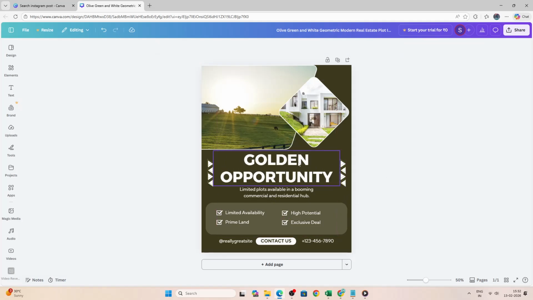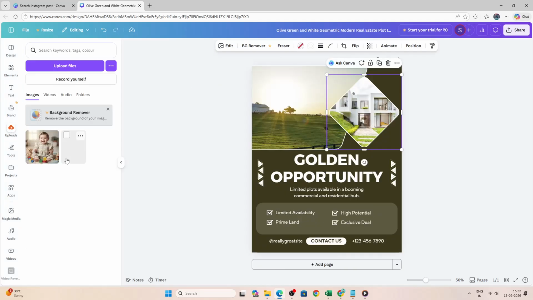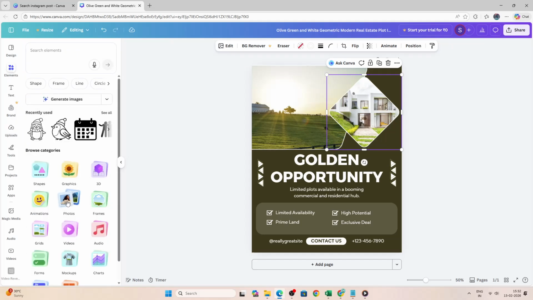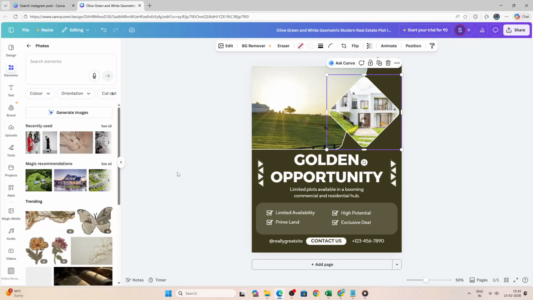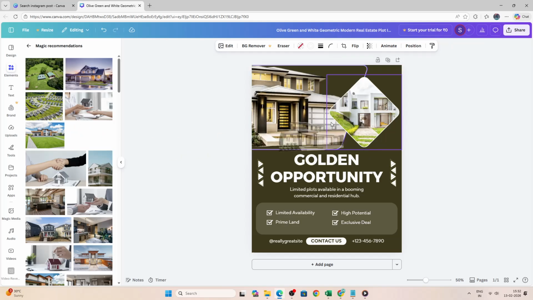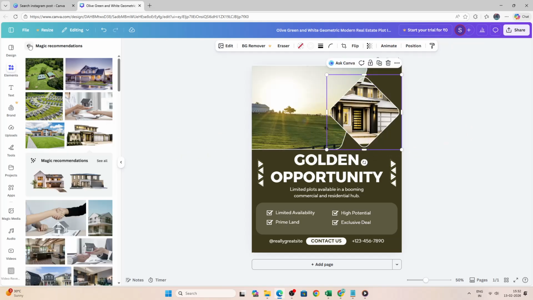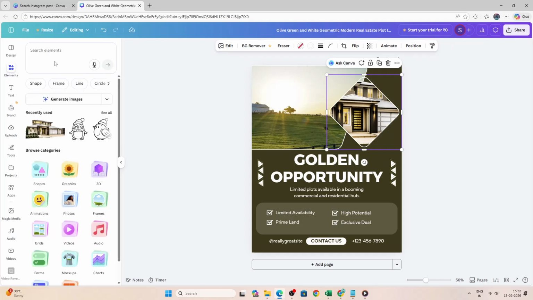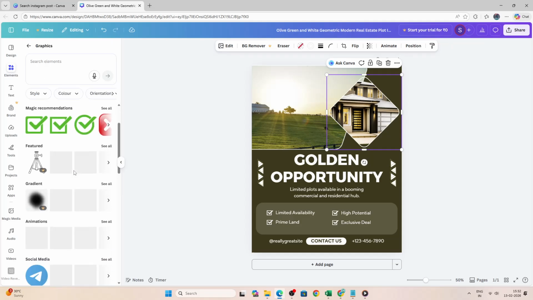To add your own photos or logos, open the Uploads tab and bring in your files. Then drag them onto the canvas. If you don't have images on hand, explore the Elements tab to find free photos, shapes, icons, lines, and graphics. Use the search box there to narrow down a style or theme, and remember to avoid anything with a crown